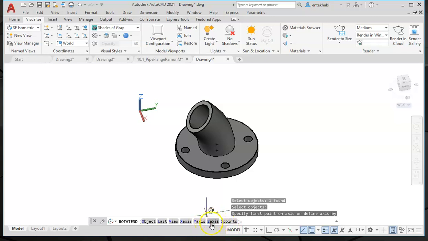In this case, we have Z-axis because I want to rotate on the Z-axis. And it's asking to specify a base point on the Z-axis, accept the default, which is 0,0,0, and then it's going to ask you to specify the rotation angle. This time you type 45